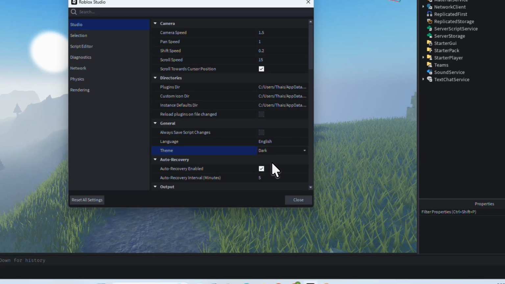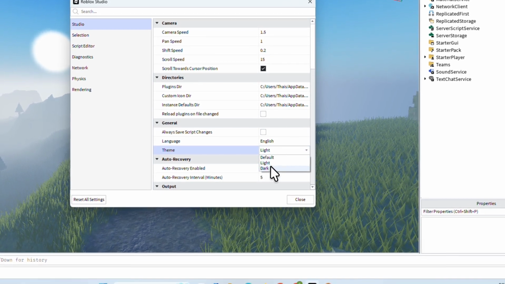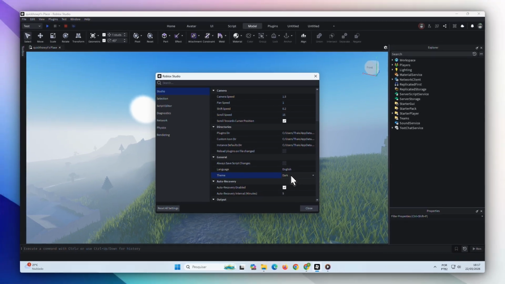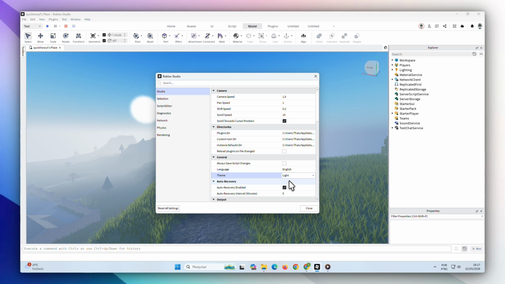You can switch between light mode and dark mode depending on your preference. If you prefer a brighter interface, choose light mode. If you like a darker interface that's easier on the eyes, especially while scripting for long periods of time, choose